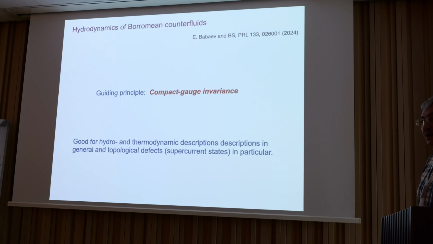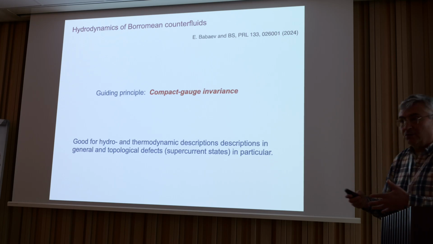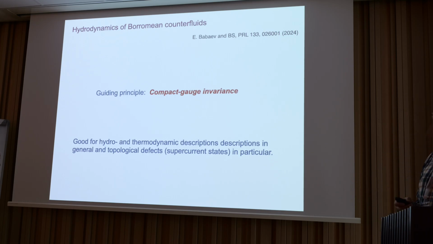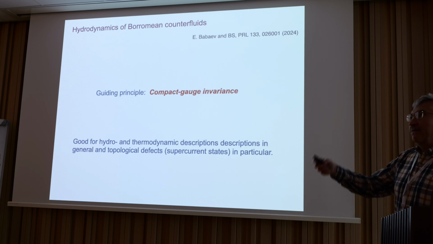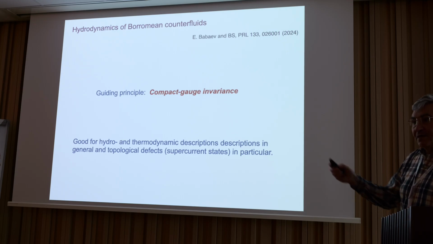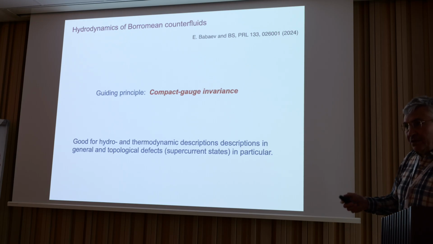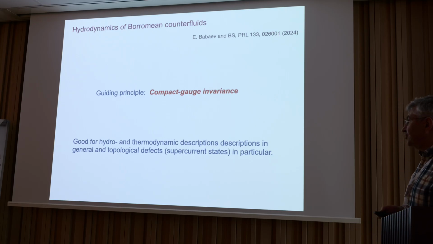And on the other hand, we want a macroscopic description, not just microscopic when we have a lattice which arrests the motion. So we want a model, a Hamiltonian, a classical field hydrodynamic Hamiltonian, written in terms of the phases, just a standard hydrodynamic, almost standard, written in terms of the phases and conjugate variables, which are deviations of the densities from their equilibrium values, in such a way that we reproduce this physics. And the key guiding principle is the so-called compact gauge invariance.